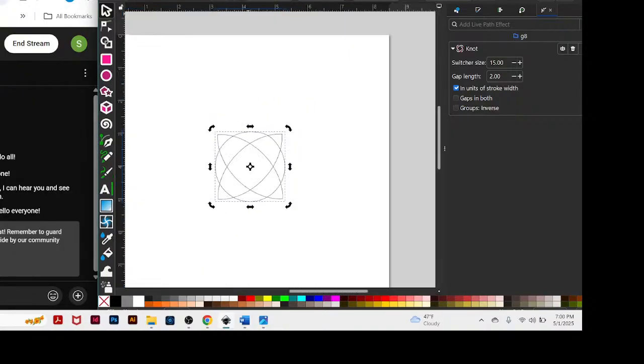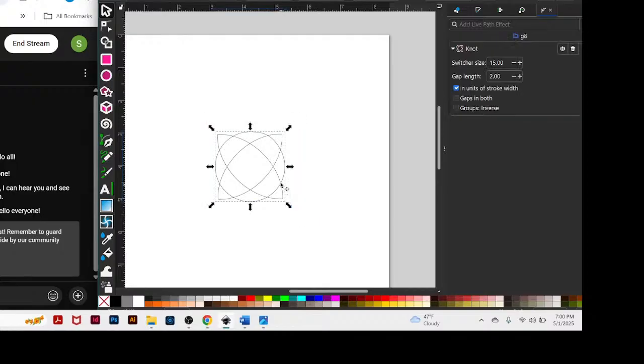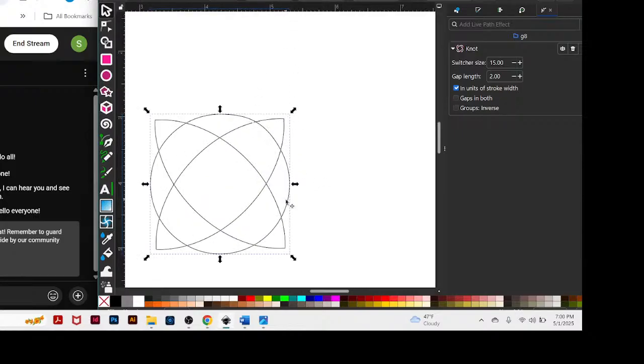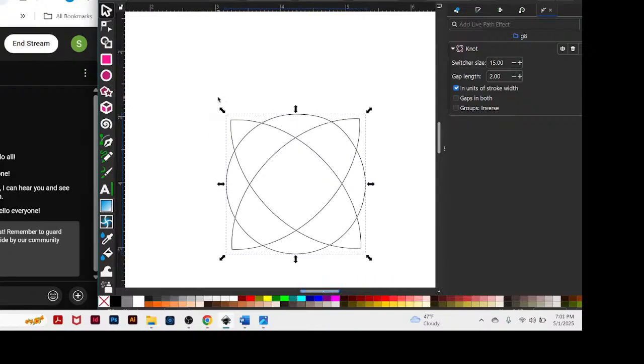So try different designs like this. And once you get them made, save them into a file that you have labeled Celtic templates, so you can reuse the shapes you've made. Now, what's going to happen, I'm quite sure, is if we group this,